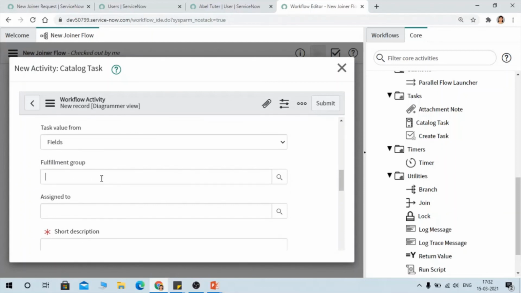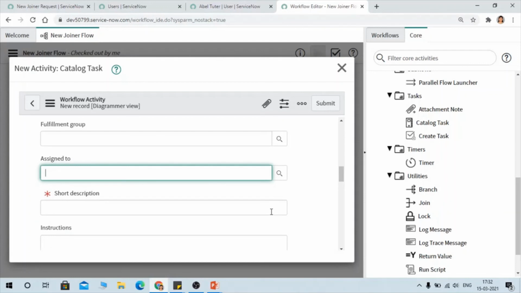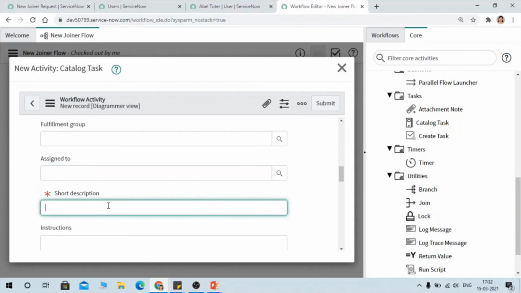Fulfillment group, so you can select any group, so this task will automatically assign to that group. Same for assign to, you can have some assign to user, so once this task gets created, it will assign to that user automatically. And you can have some short description, so I'm giving just create task.